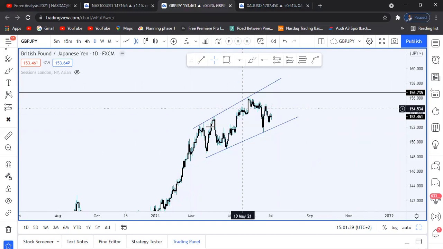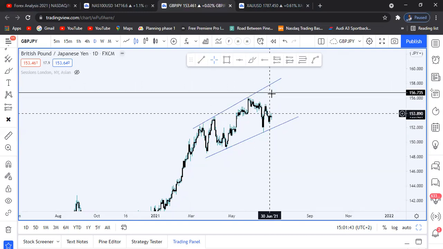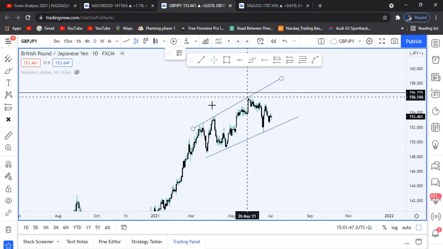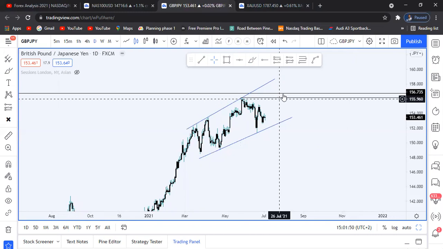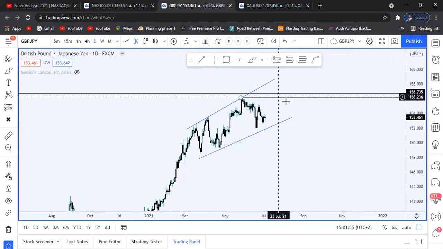So you can see, guys, that we have some sort of first touch, second touch, third touch. So we might be coming for this double top formation here, because we have this young double top formation here, or this one as well. This one is the major one at the top, but this one is also a minor double top formation that we might be coming for.